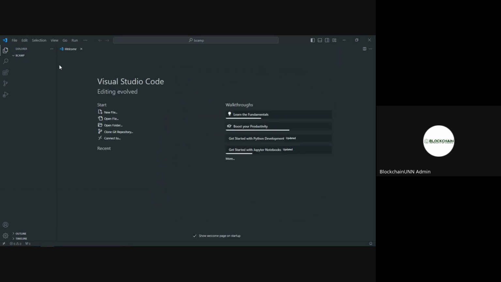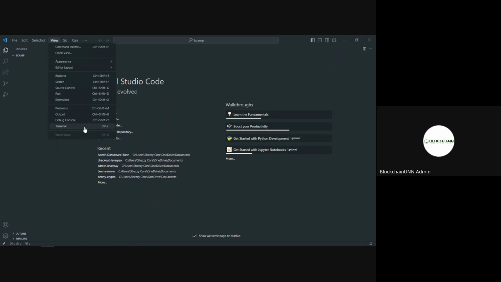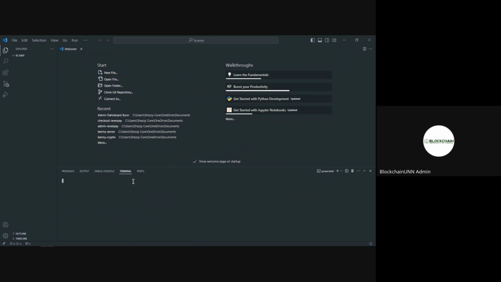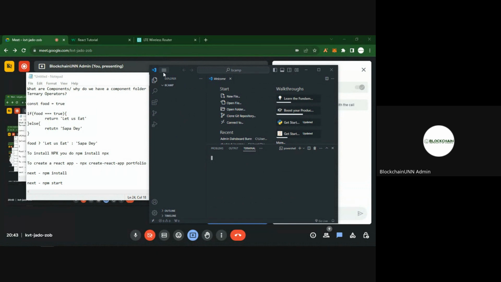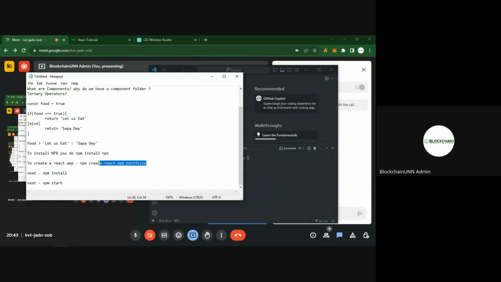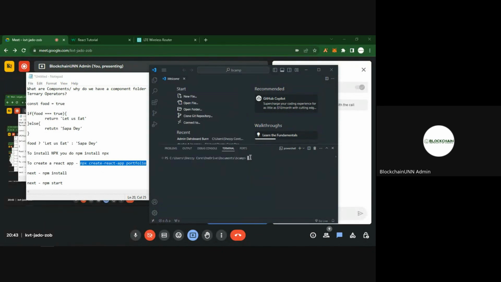So after this, I'll go to my terminal. This is my terminal, right? Let me reduce this so that I can know what's up. So in my terminal, the first thing I want to do is npx create-react-app. I'm doing this because I already have npm and npx installed. Without npx, you cannot do this. So I right click to paste. Then I want to call it portfolio. So once I enter,